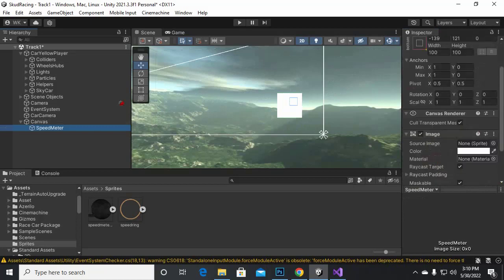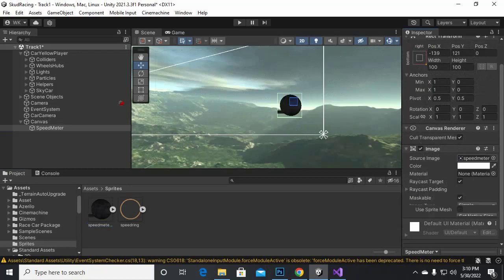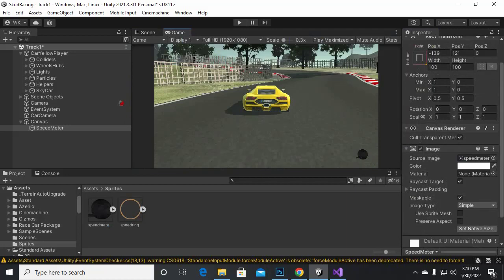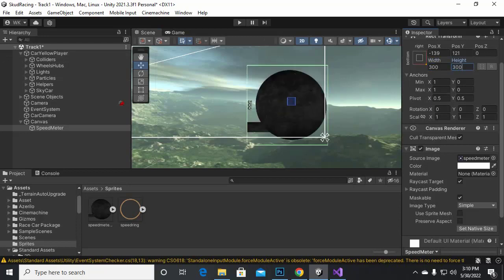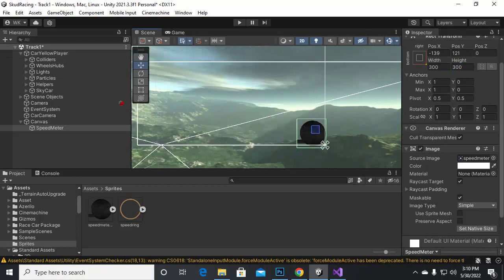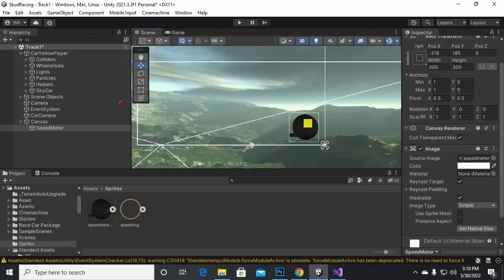So now we will select speed meter, and here you can see that we have image, so we will just add the background image, and you can see that its size is too small, I think, or small. So we want to increase its size to something like maybe width and height. So let's make it 300 by 300, and now you can see that this much is good. And now we'll just move it to somewhere here, and now we need a ring on